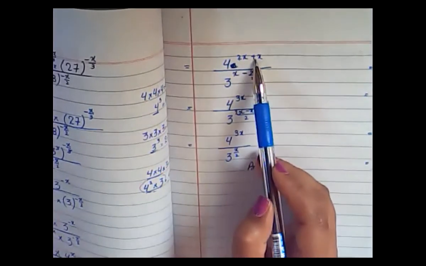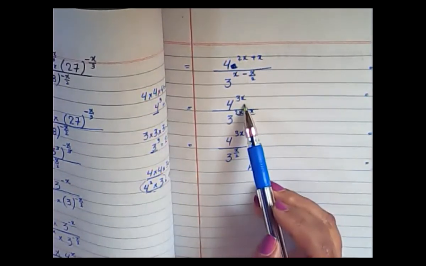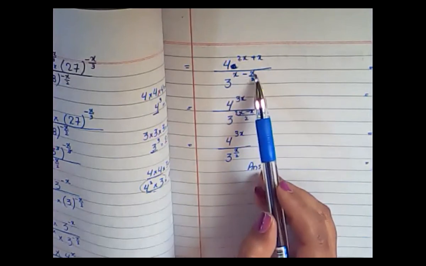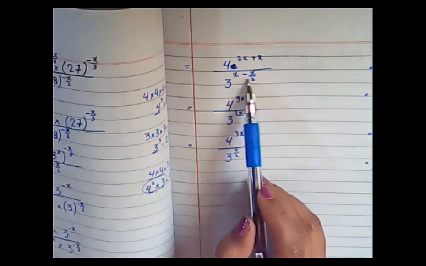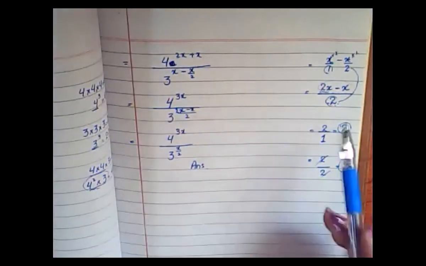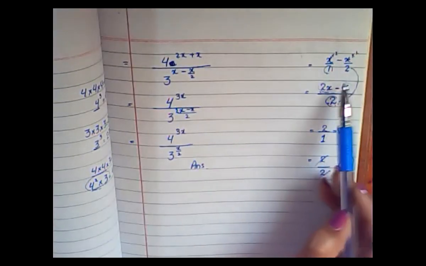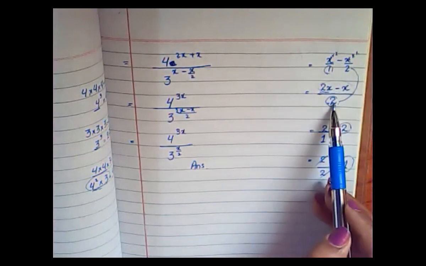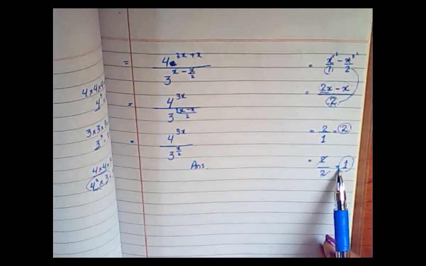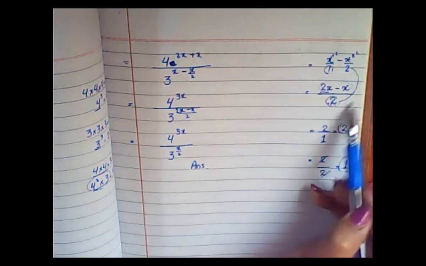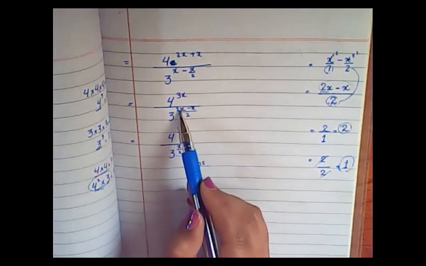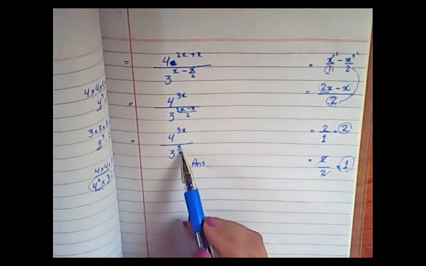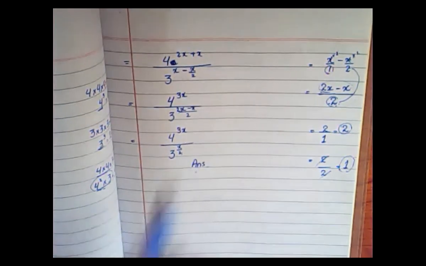Okay, so what you will be left with here is 4, 2x plus x. So 2x plus x will become 3x, and here you have x minus x upon 2. Obviously you cannot subtract it directly, because the denominators are not the same. So you will take the LCM of x minus x upon 2. The LCM of 2 and 1 will be 2. Then simply you will solve this in this way, and the answer for this LCM will be 2x minus x upon 2. So when you subtract 2x minus x, the answer will be x upon 2. So this is your answer.